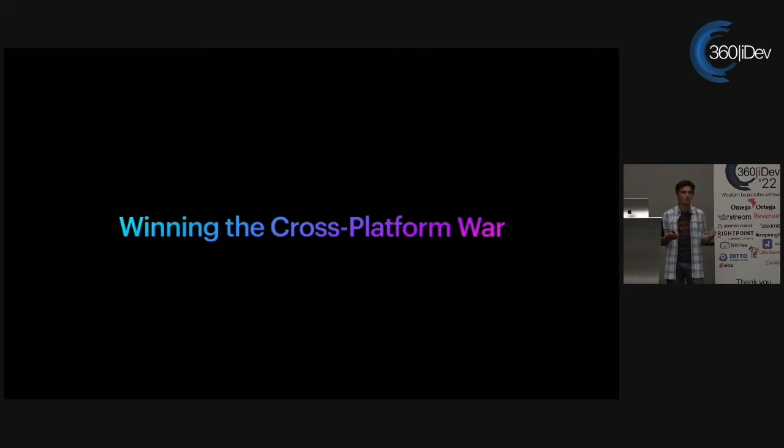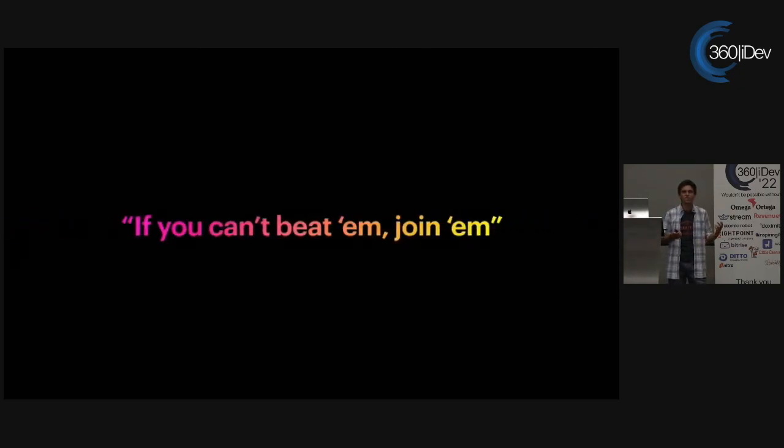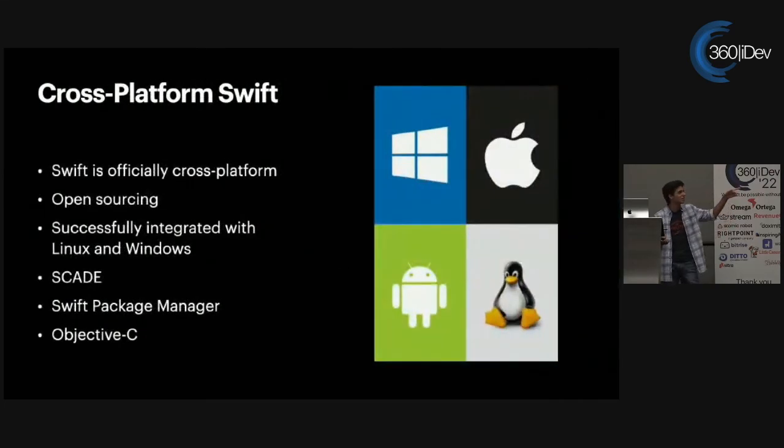And David's got his stone ready to throw, but then he doesn't throw it because that's dumb, and Swift knows what it's doing and decides we're just going to join Goliath's team anyway and start doing cross-platform on our own because if you can't beat him, just join him. And in this case, be like David. David was smart. David decided to do cross-platform Swift on his own. Swift becoming cross-platform solves that last con by using that open source technology to extend Swift to other areas where Swift before was not able to reach.